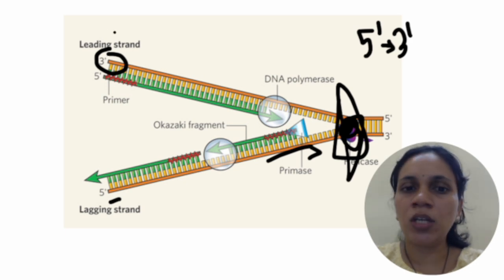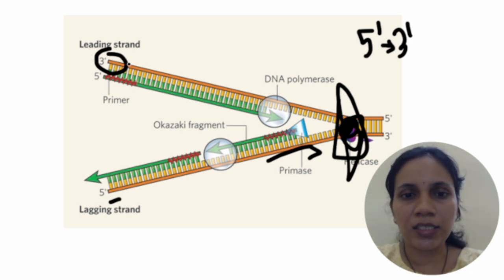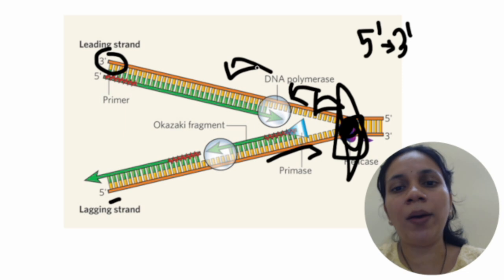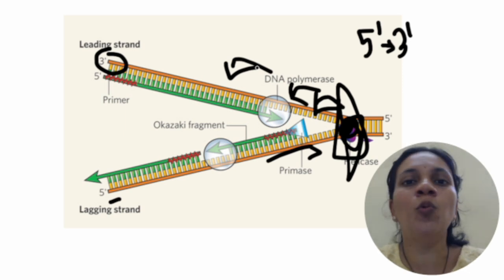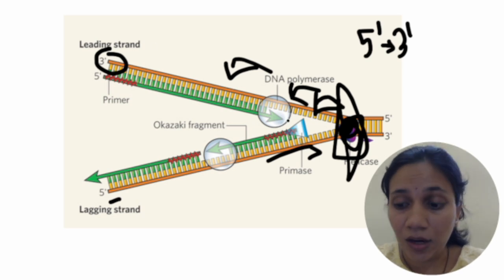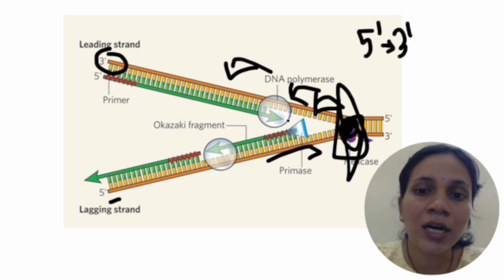So when it is adding along the 3 prime 5 prime strand, let us take this strand, it is easy for it, because on this side the growing end is towards the 3 prime, right? So it will be easy for this enzyme to keep on adding dNTPs in the growing manner, as it is going very smoothly. So here it becomes the leading strand, because it is occurring in a very easy manner, or continuous manner.